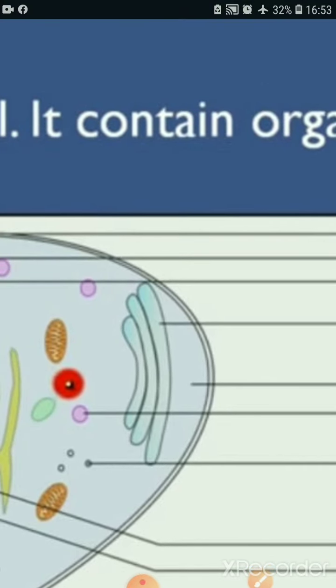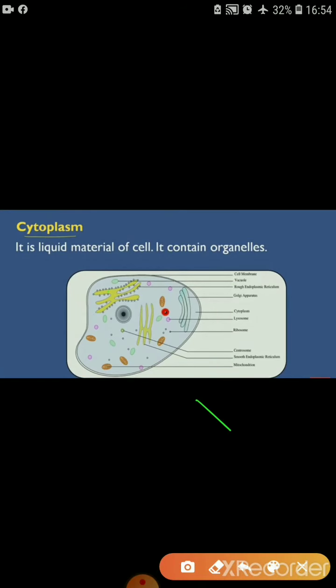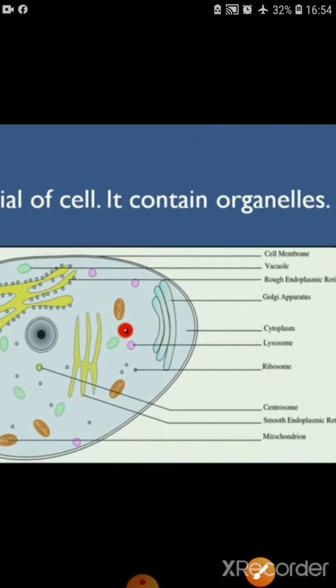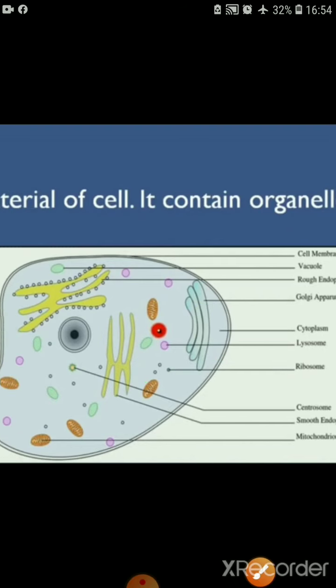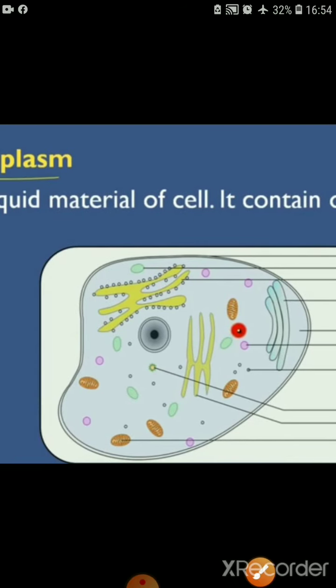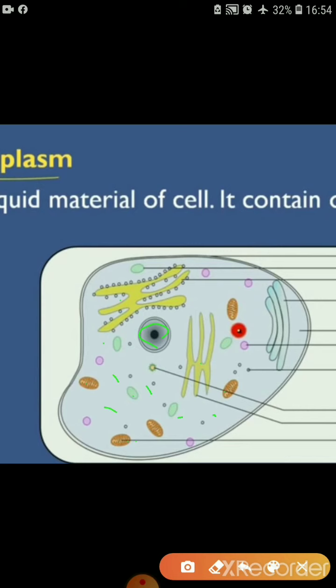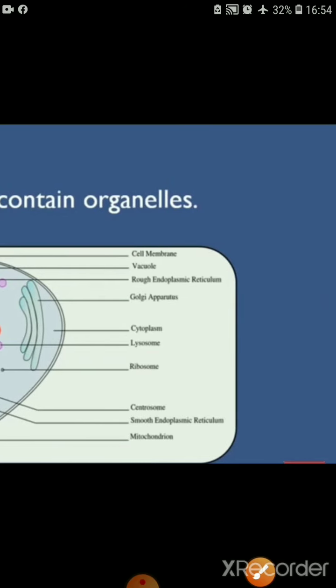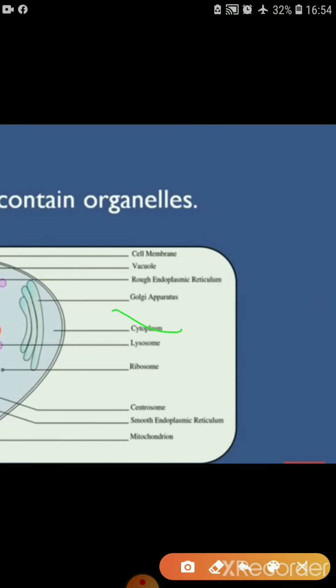Next, this liquid part. Except for all these bodies, the small different types of bodies seen in the protoplasm, except the nucleus and these metabolic machineries, the part whose basic color is grayish white, which is liquid, that is called cytoplasm. What is that called? That is called cytoplasm, right?